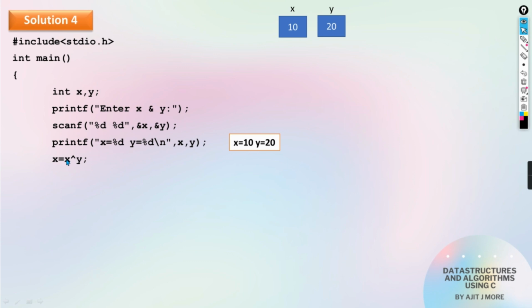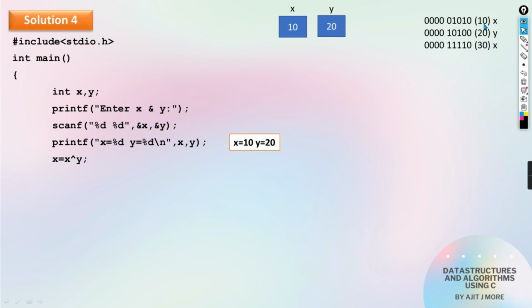First I'll show you the bit representation of x and of y. The value of x is 10, and 10 in binary is 1010. I have taken the minimum as 1 byte. Actually it is 4 bytes, as it is an integer. The upper 3 bytes I have not shown because they are going to be 0 anyway. So I have taken only 1 byte, and this is the binary of 10.